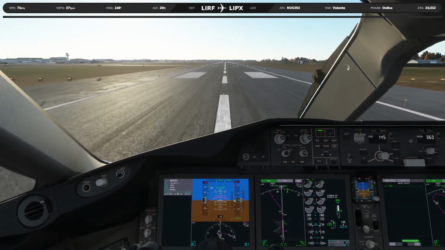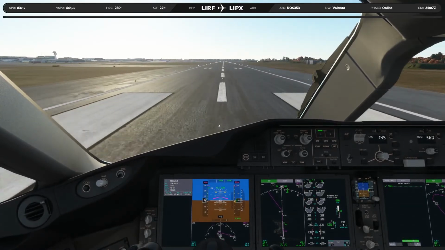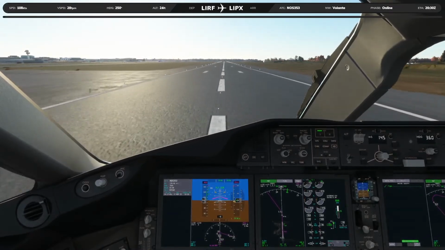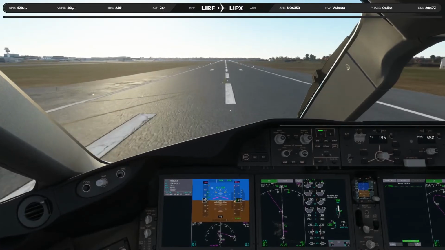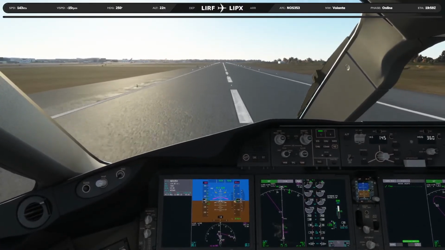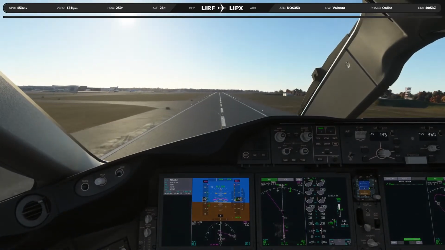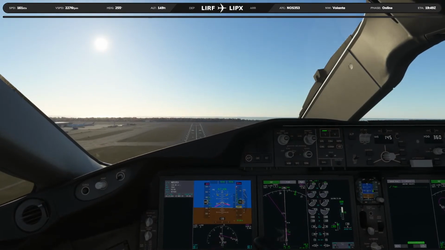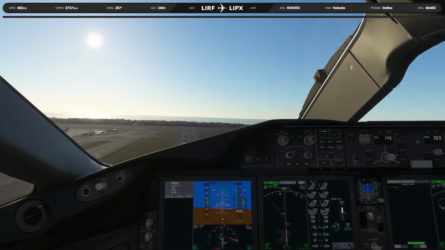Very nice engine sounds. 80 knots. 100 knots. V1, rotate. Positive rate of climb. Gear going up.